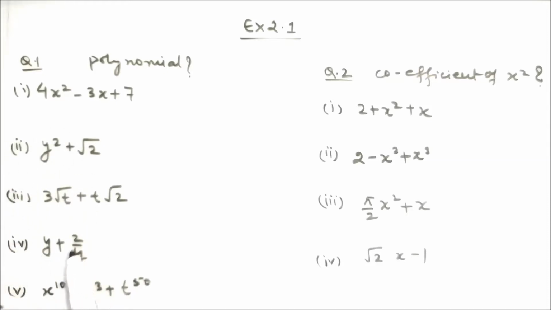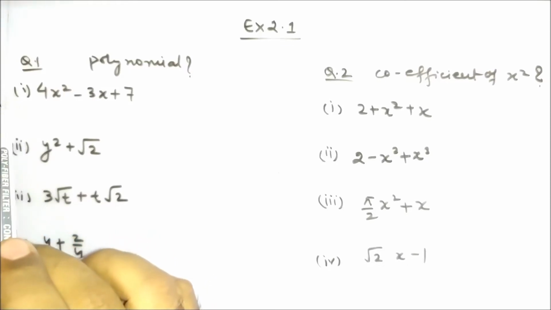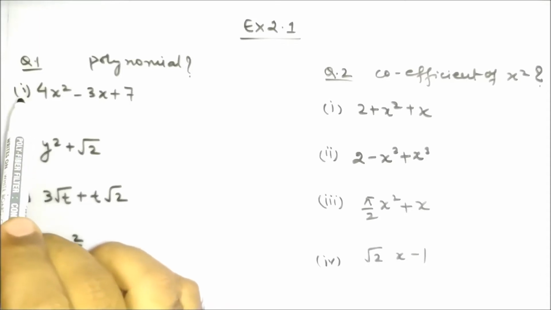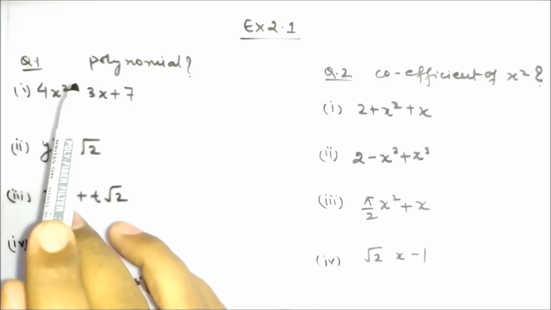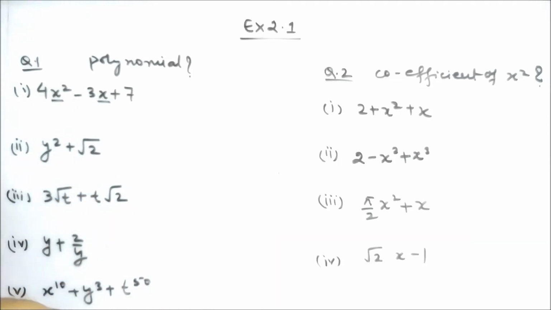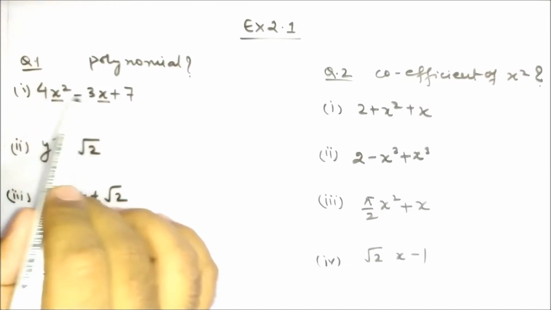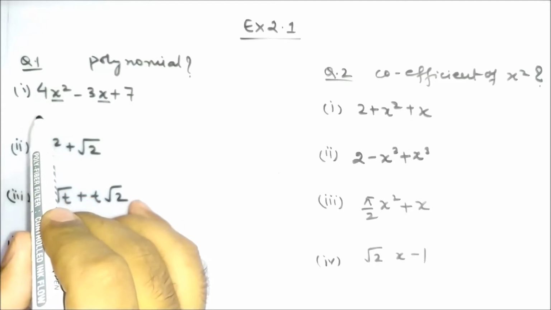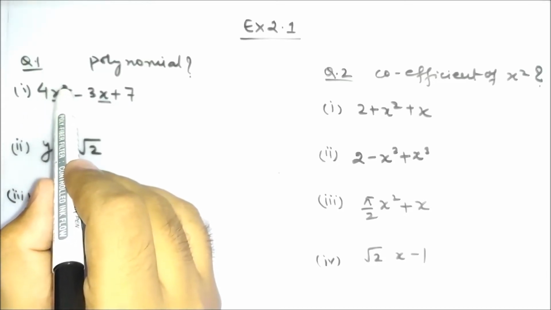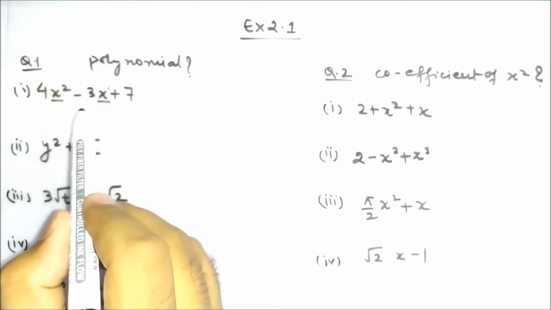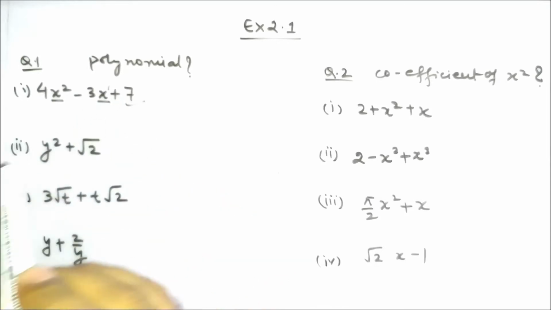or not, okay? Now here, first one, we have discussed the criteria by which an expression is called a polynomial. Here this is an expression, so we need to check for the variables, okay? So here this x is a variable, this x is a variable, okay? We need to check for polynomial in one variable only, okay? So we have one variable that is confirmed. Now we need to check the power of the variable whether it is a whole number or not. So here the power of x is 2, which is a whole number. The power of x is 1 here, which is also a whole number. So we got a polynomial in one variable, okay? So this is a polynomial.